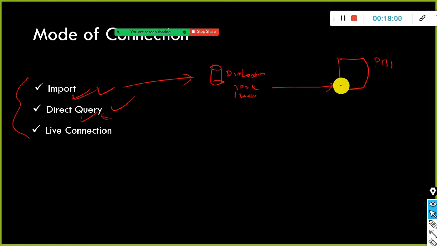So this data will get loaded into Power BI Desktop itself. Let's say these 100k records put together come to 1 GB. The file size is 1 GB, and the 100,000 records will get copied into the local Power BI Desktop. And then smartly, we have something called VertiPaq. There is an engine called VertiPaq in Power BI. This is nothing but a software which is running at the back end. What it does, when you connect in import mode, is it will simply convert your table data into